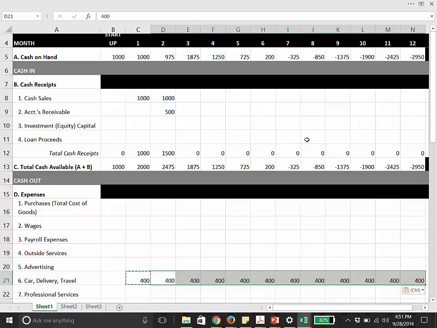It's better to take a look at planning for it now and saying, okay, in July of this year, I'm probably going to go negative in cash. What should I do? Should I take out a loan? Should I reduce expenses now? Should I try to find a way to increase my sales? Is there a way that I can delay some costs? Maybe I get some credit from a supplier. There's a number of different things that you can do to try to keep from going negative,